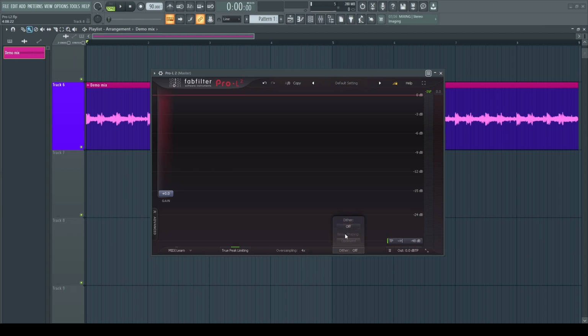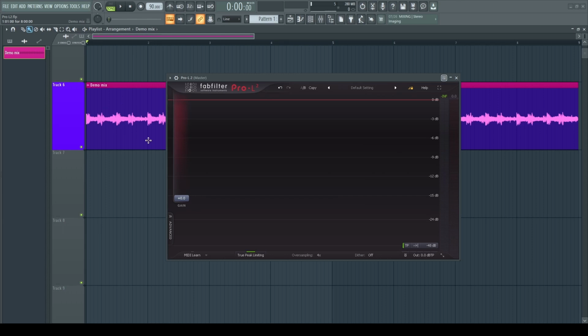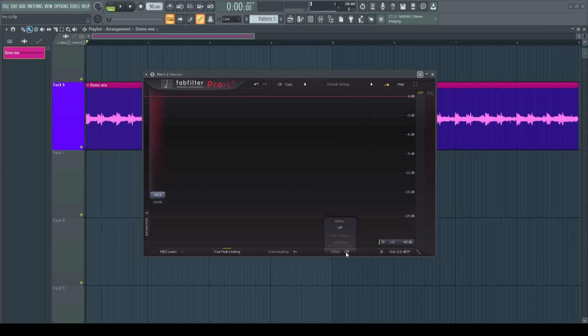Next, you have the dither option. What dither basically helps you do is when you are changing your bit rates, the bit rates at which you are exporting your samples. If you are changing that from the original sample, then you can just turn on the dither and set the bit rate to the particular audio's bit rate. Right now I'll just keep it off because in the export setting the bit rate is the same as the bit rate of my audio. So that's why we keep it off.